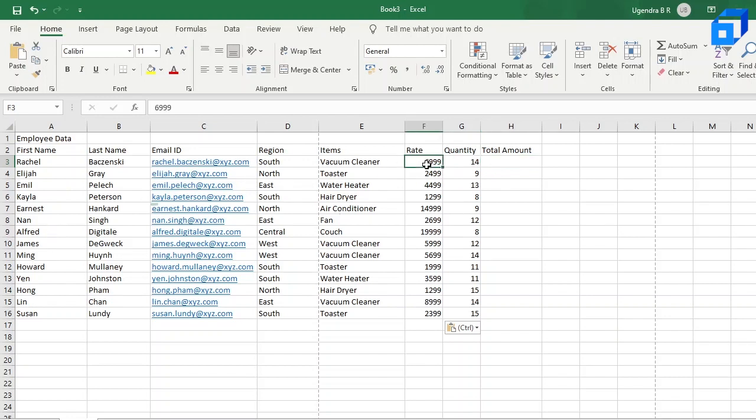And now, since rate is currency, we can use the formatting options which are available in the home ribbon. So select from this particular value, that's the whole column, from 6,999 to 2,399.